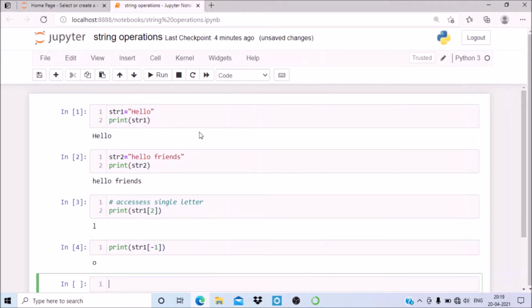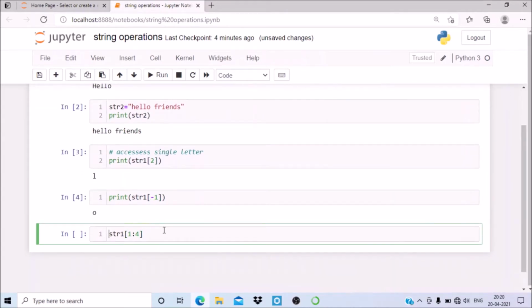Now after that, suppose I want to access a range of letters; that is also possible with the help of a string. If I want to access the letters from index 1 to 3, I can give 1:4. Now we'll print it. I want to access the letters from index 1, 2 and 3.